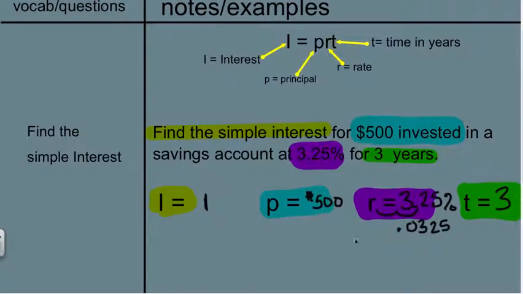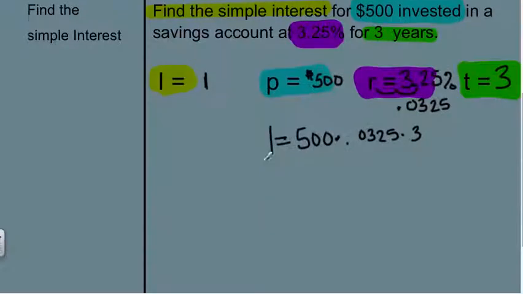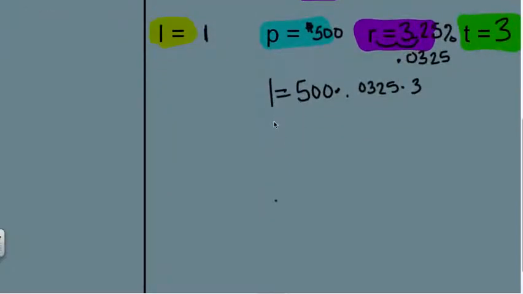So what do I do with all this? I plug it in. P comes next. It's 500. Remember when letters, variables are right next to each other with no symbol in between as to what you're supposed to do? You need to multiply. I need to multiply by my rate, which is 0.0325 times my time, times 3. So I know that I equals 1,500 times